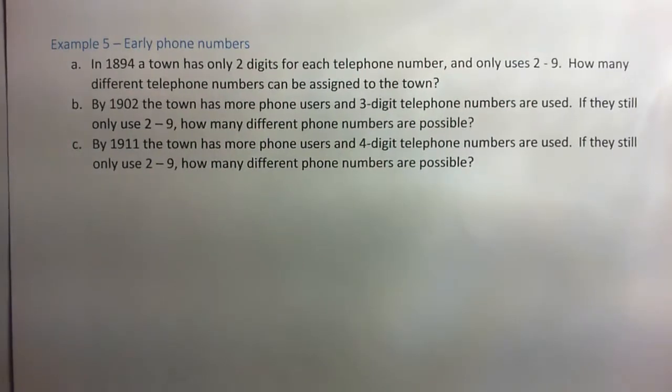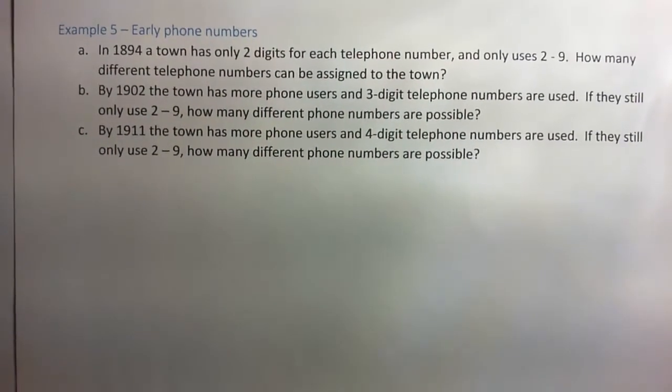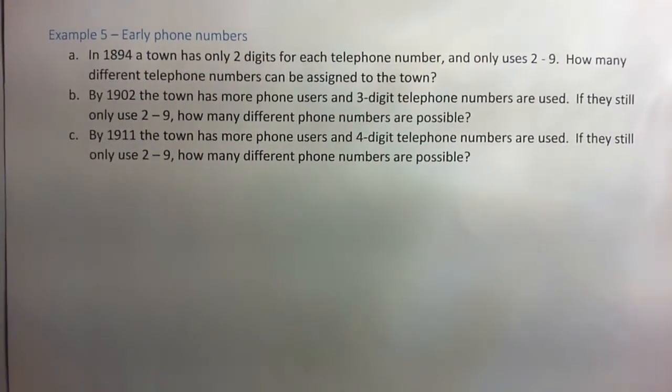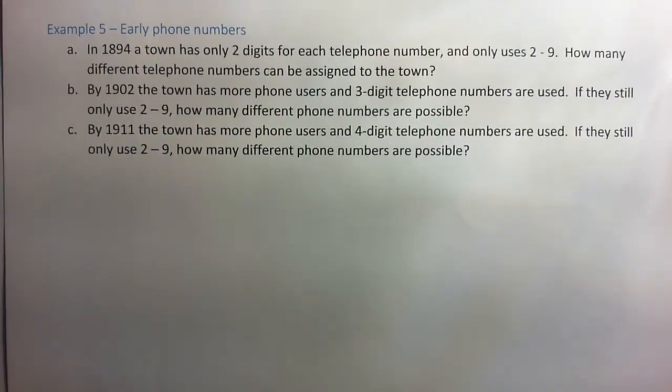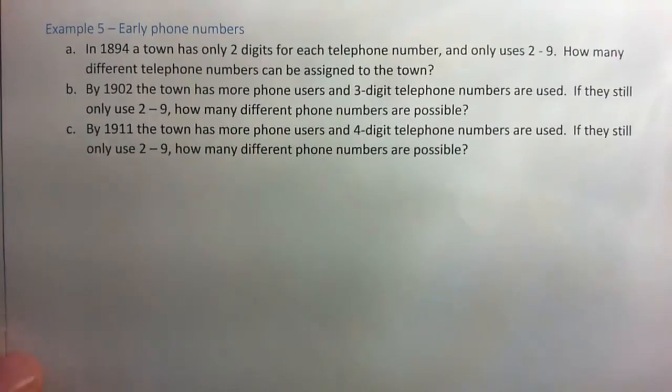So let's say this is quite accurate. In 1894, a town has only 2 digits for each telephone number and only uses the digits 2 through 9. How many different telephone numbers can be assigned to the town? Okay, and bear in mind that they did have letters in the phone number, but the letters always corresponded to a number anyway. And so essentially, for part A here,